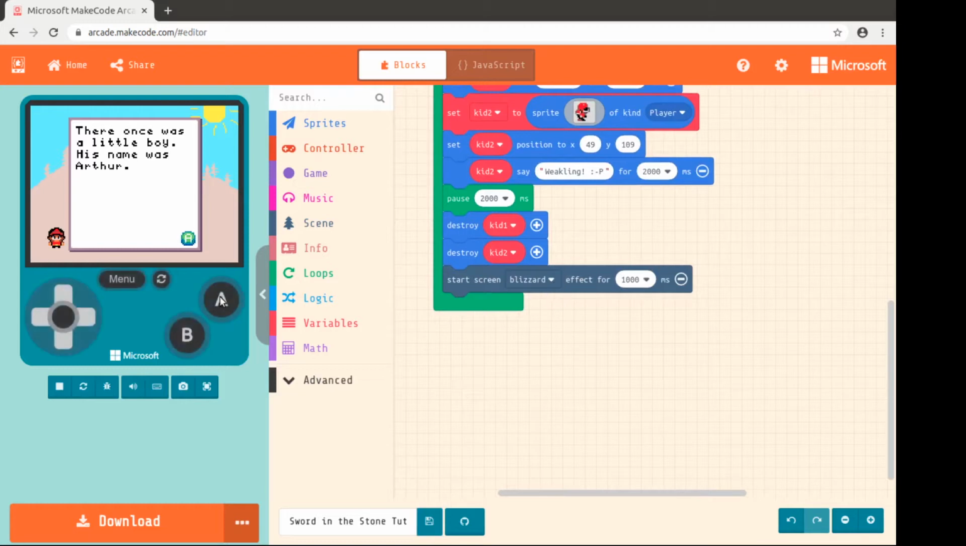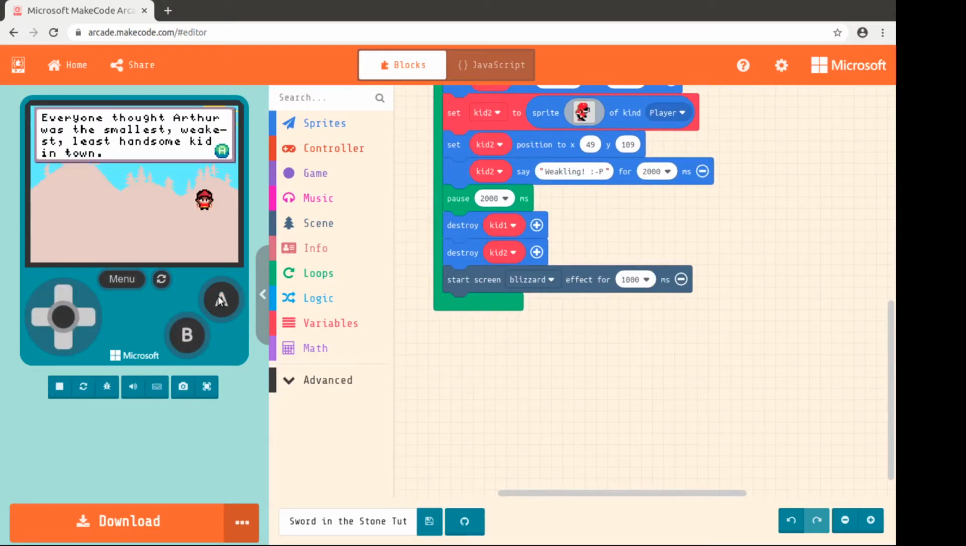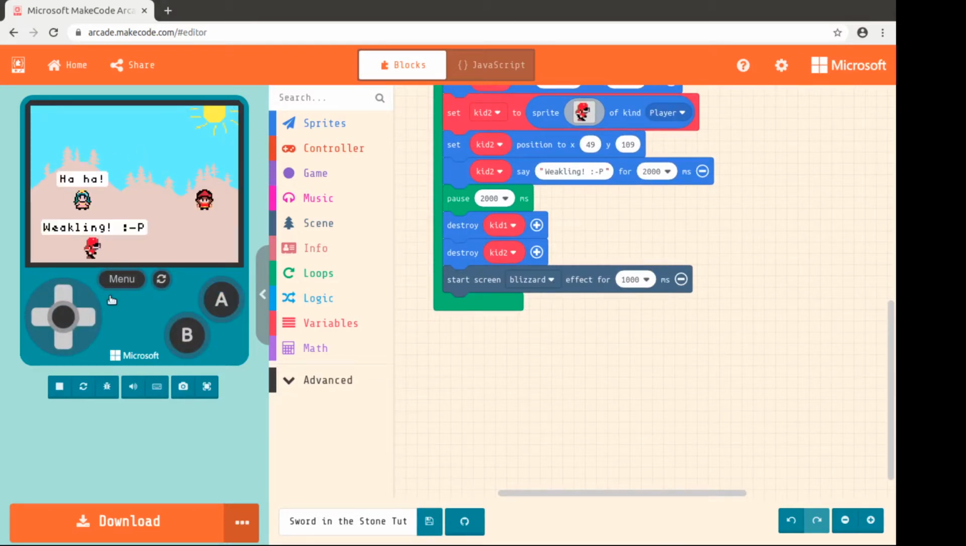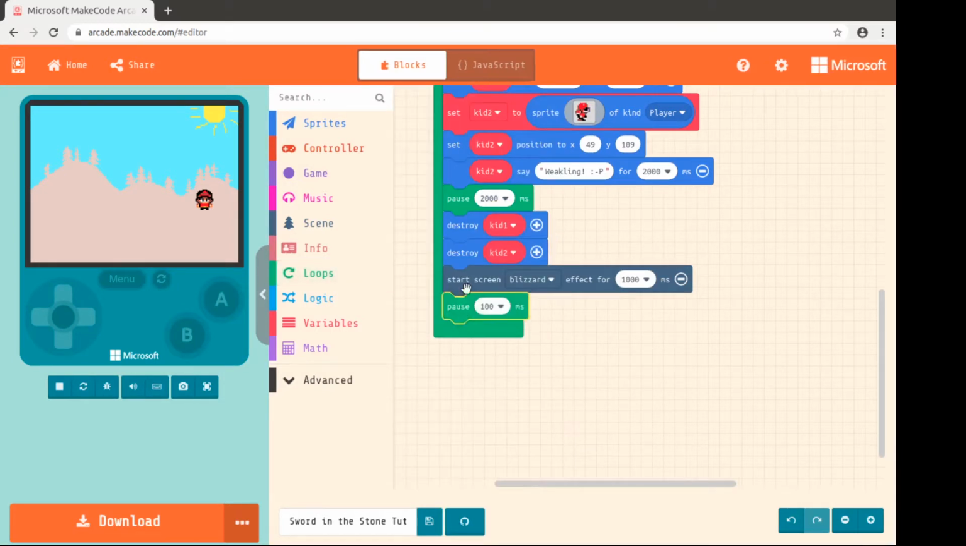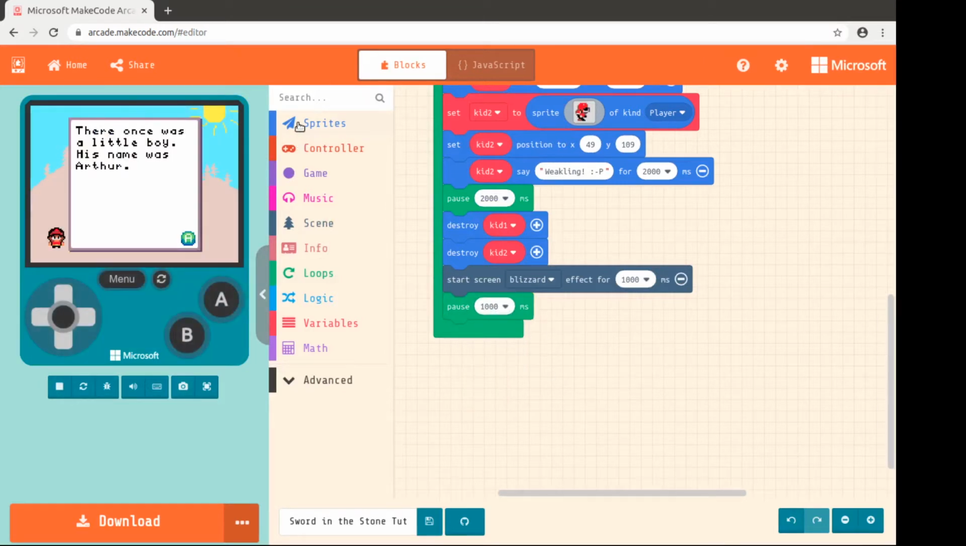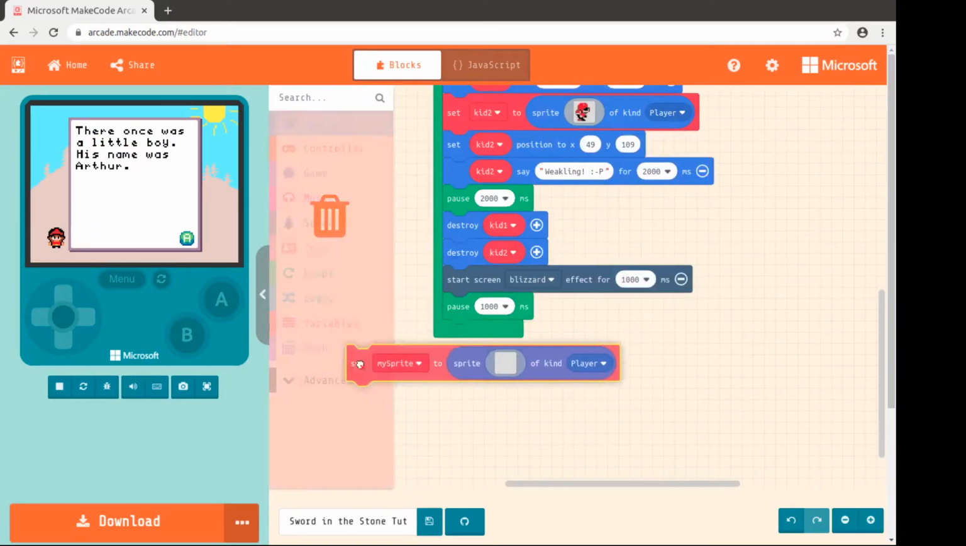So we have here a little boy named Arthur. He was made fun of, and that's where we are in the story. So now we want Merlin to appear and the stone itself. Since we did a little effect, remember, effects don't make the program stop there. They're non-blocking. So let's add a little pause so you can see that effect. And then we need to add some more